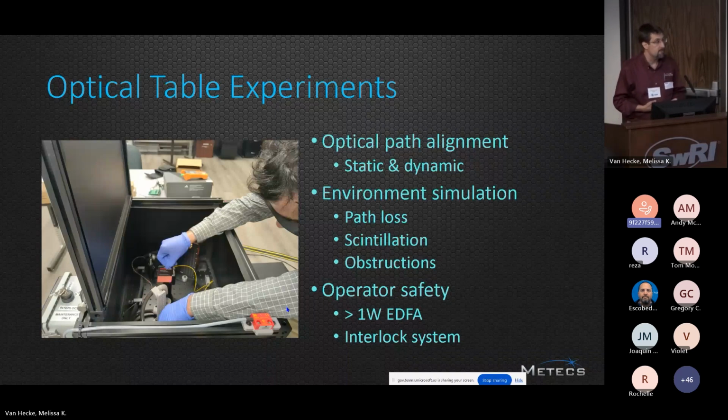Well, you get the same thing with this infrared laser, which typically a space-to-ground link would use a 1550 nanometer laser, and that is invisible, so you can't see it. And when you're dealing with greater than 1 watt of power coming out of an erbium-doped fiber amplifier, you can have permanent eye damage faster than you can react. And since you can't see it, you don't think to blink.